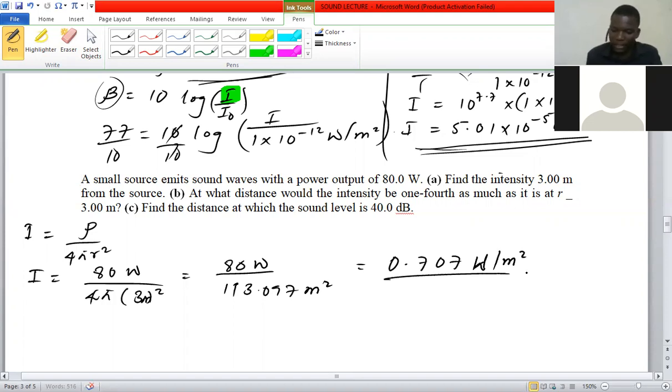This is going to be the intensity at the distance of 3 meters from the source when the power output is 80 watts. So this is A. B says, at what distance would the intensity be 1/4